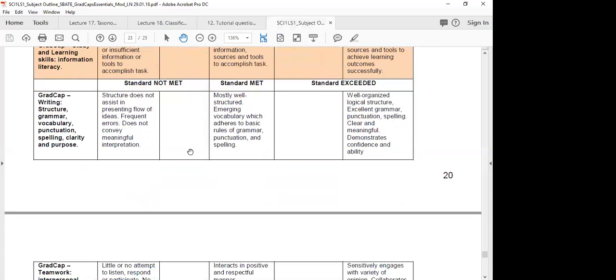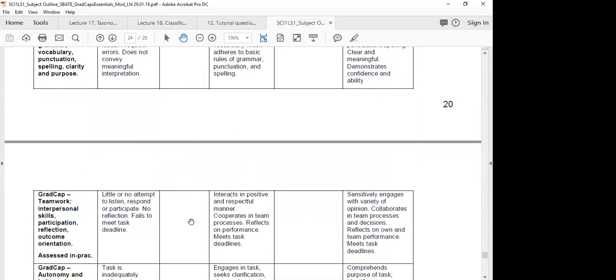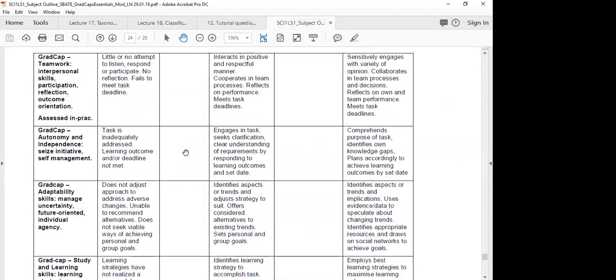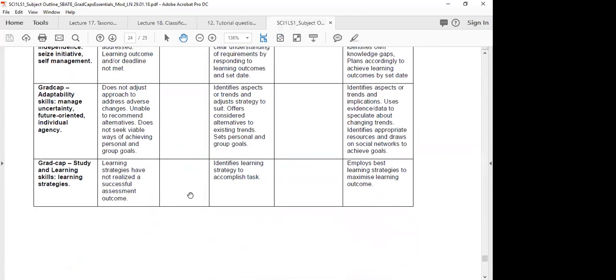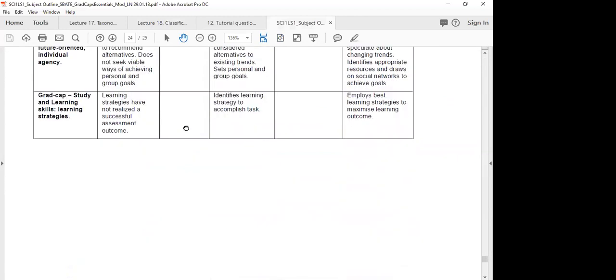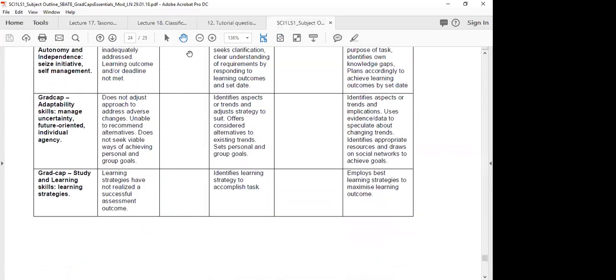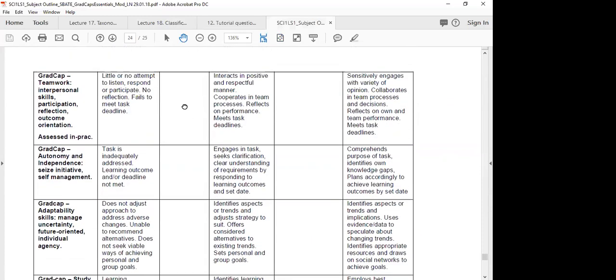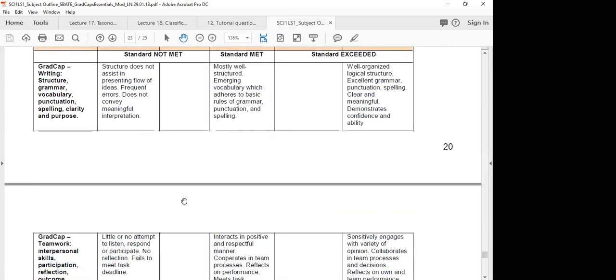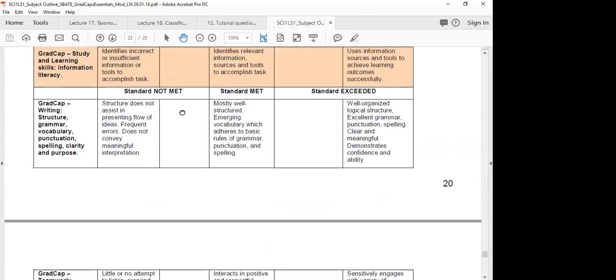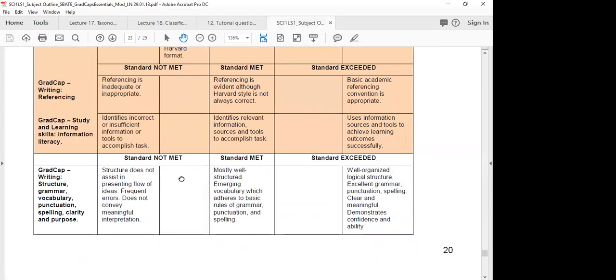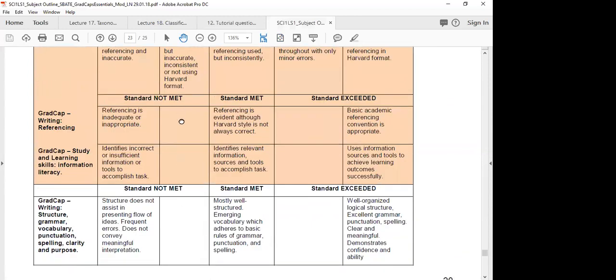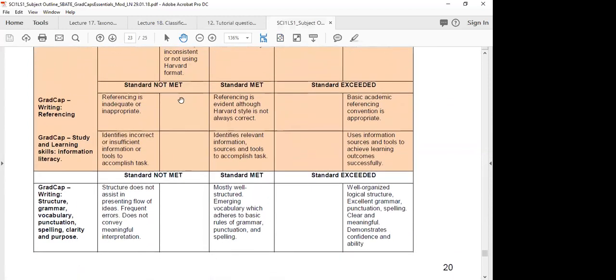Oh, these grad caps, my goodness. Marking is going to be a nightmare with all these grad caps. Look at that. Not every subject has these grad caps incorporated into them. What are they, Savannah? Oh, they're basically, many of them look at